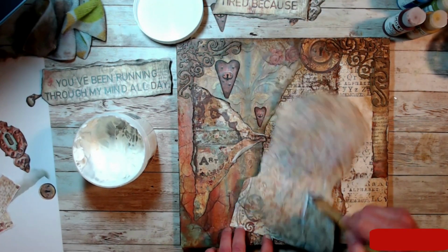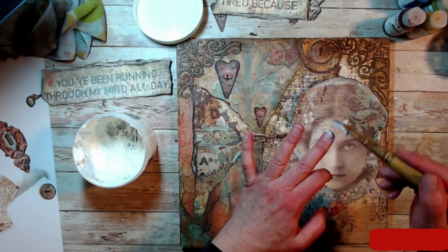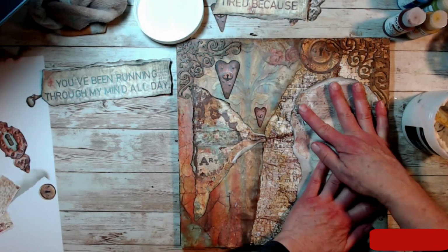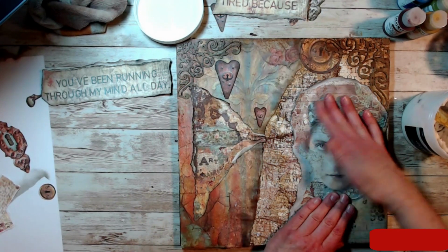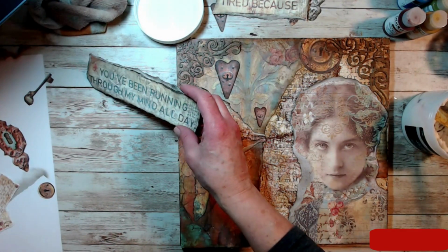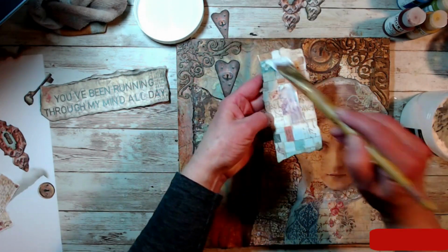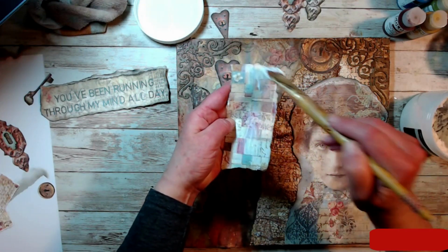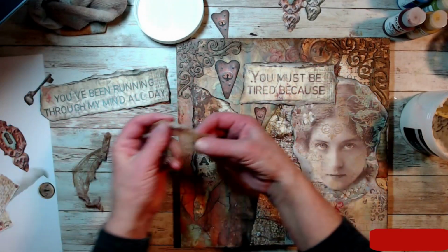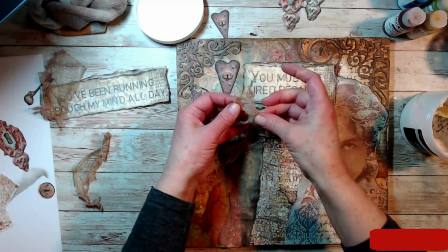And this is the layer with the girl on it, the sentiments, some more of the keys and the background pieces. So this takes a little bit, and of course I sped it up with my video editing so that this video wouldn't be way too long. But you can see I'm putting each item down. I'm looking at my tablet, which is over at the left, at my initial design. I'm adding some of those scraps of the